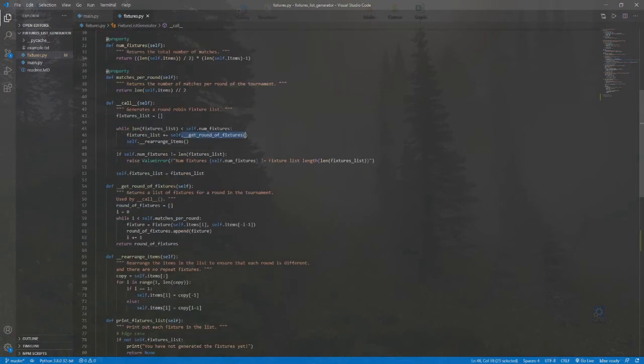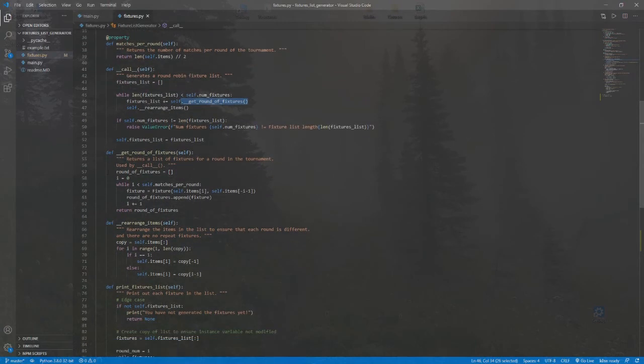And the get round of fixtures function, I didn't actually cover this, and it's also quite important here. So we start off with an empty list. Say there's 30 teams in the league and there's 15 matches. We start off with an empty list, and our aim at the end of it is to get those 15